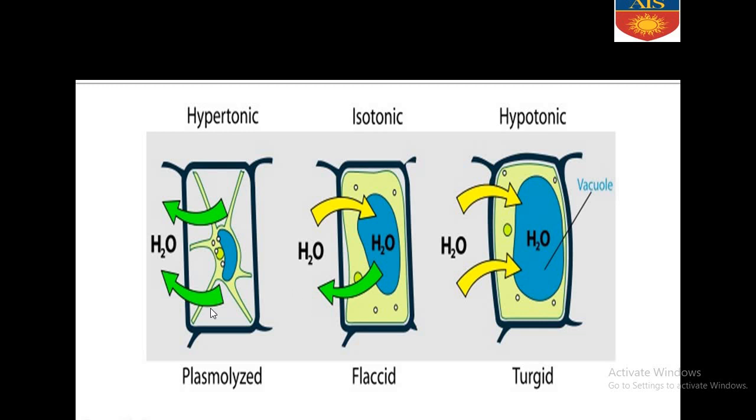Now, this is again a recapitulation of hypertonic, isotonic and hypotonic. In hypertonic, the water goes out, that means outside the solute concentration is more and inside the water concentration is more. In isotonic, there is no net movement of water molecules, and in hypotonic the water outside the cell is more, so it is going inside the cell. Clear? See, in this case, the cell content got shrunk. But in this case, there is no net movement. But in this case, the cell contents